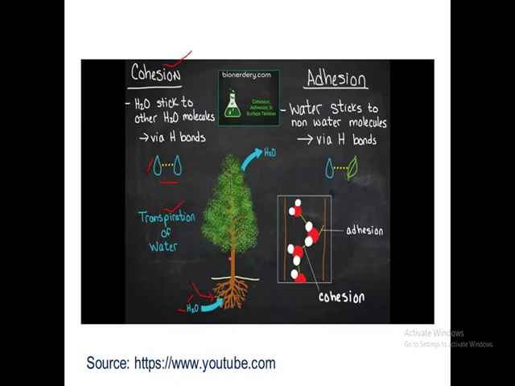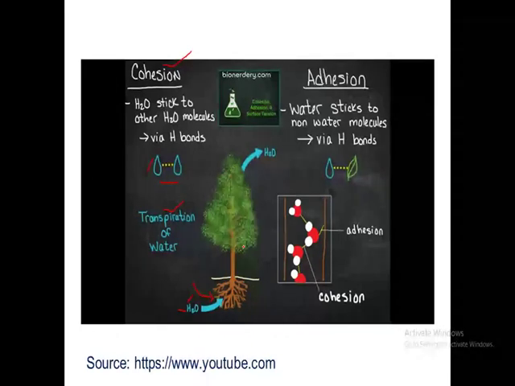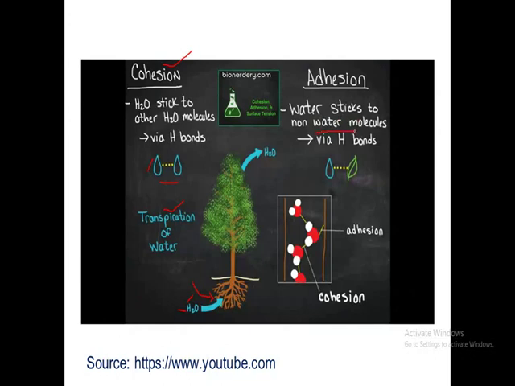And that is not only the case. When this water is moving along the stem or capillary of this plant, there is one more kind of interaction. What is that? The water molecule is interacting with non-water molecules. You can see here, this is a water molecule, this is a leaf, and this is the stem or the capillary part of the plant. So this water molecule is interacting with the stem part or the capillary part of the plant. This is a force of attraction of two different types, what is called adhesion.